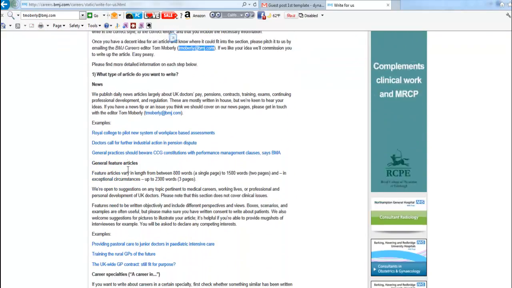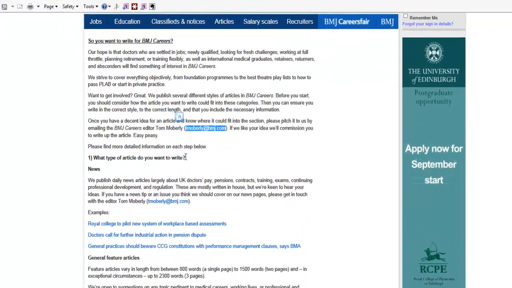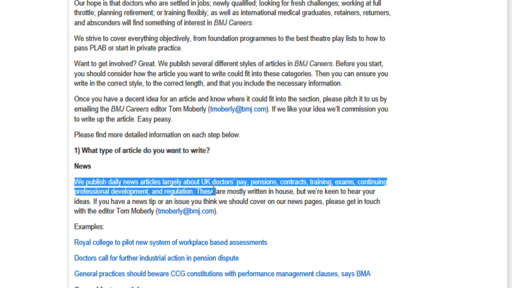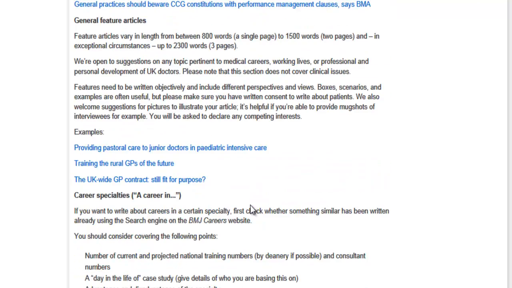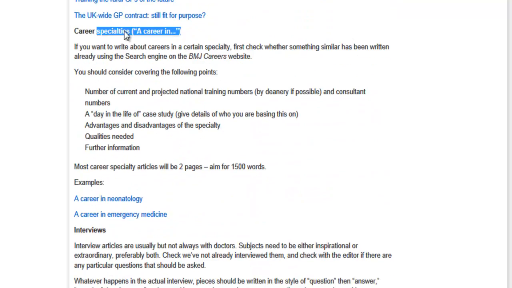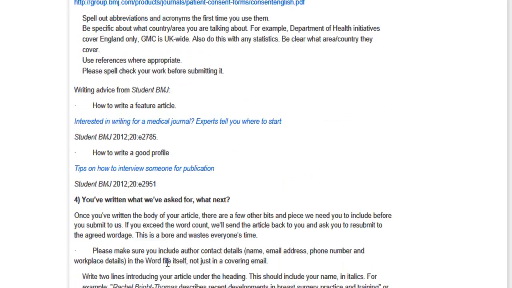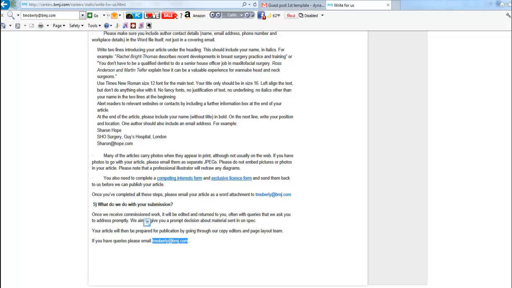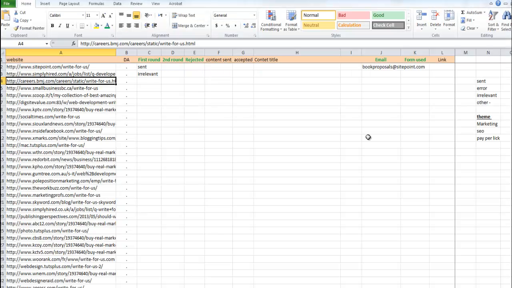So I skim through and I can see what type of articles they want. I read a little bit. I see that it's about marketing, it's about career, and then all the rest of the information. So in this case, I will grab the email address and plug it in the Excel sheet. You can see that I'm jumping to the third record because that's where we are. This one needs to go away. And then